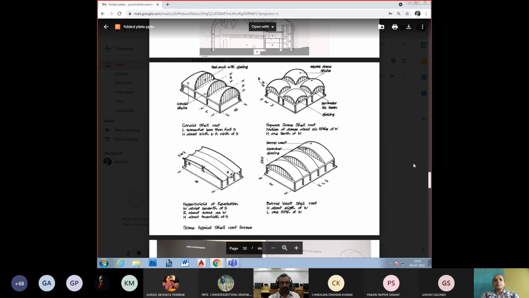So to begin with, these look very much like inverted walls, or they look like domes, semicircular domes, or anything. Now, between a masonry dome or masonry vault and the RCC shell, do you think there is a difference, or do you think they are the same because they are shaped the same?